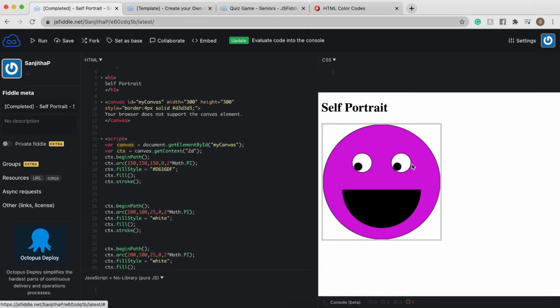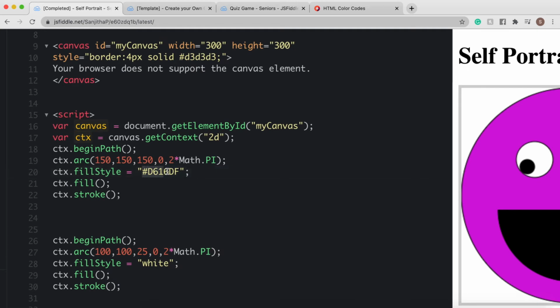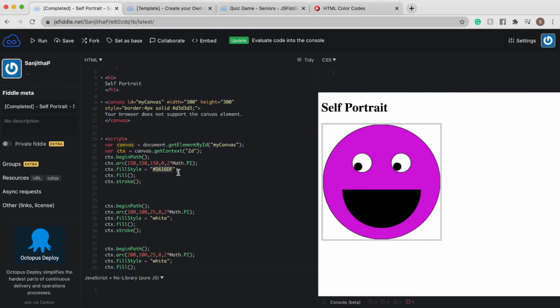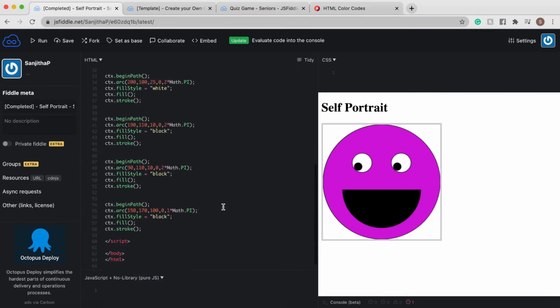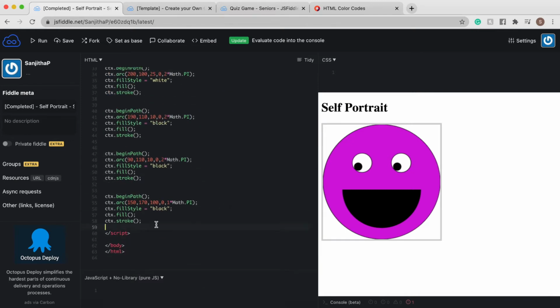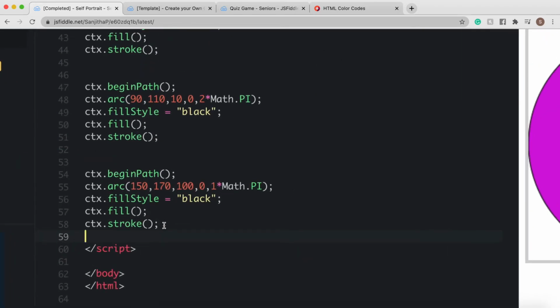Okay, so take a second, try to find a specific color you're interested in and change that for your fill style. Don't get rid of the quotations. If you want to do something like add glasses to these, or you want to change the color of the eyes or make the mouth a different color, let's just do a few other things. So let's say I want to add glasses around the eyes, just to show you all a few other features you can do when it comes to drawing with JavaScript. So first off, all I'm going to do is go to the very bottom, still within my script tag,